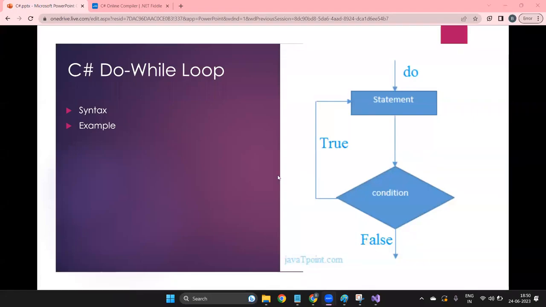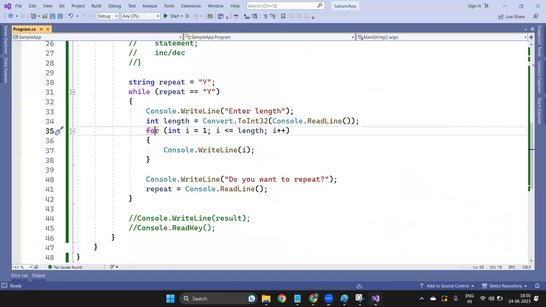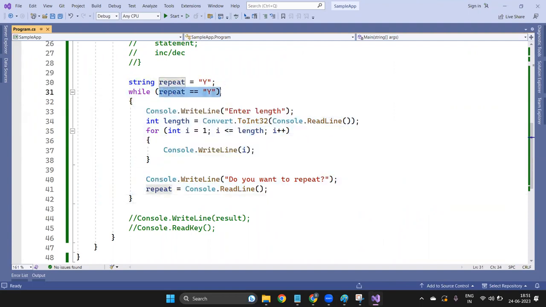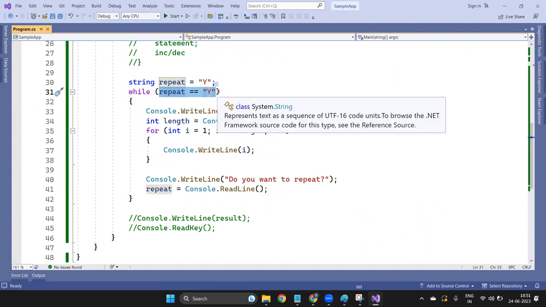Okay, so in this session, we are going to learn about do while loop. Do while loop is almost the same as the while loop, no changes. The only change is, even though your condition is false, do while loop will execute at once. If we see the while loop, if this condition is false at the very first time, then